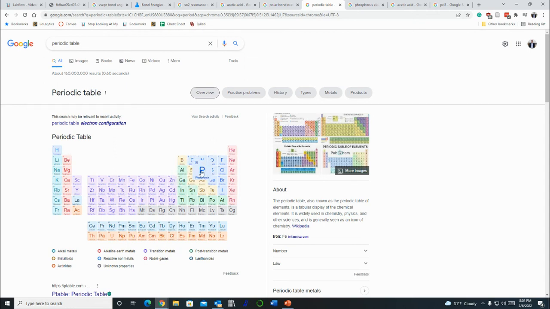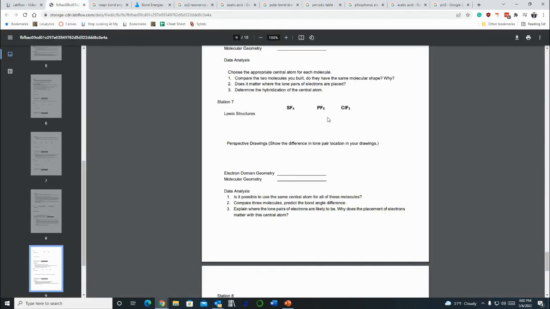Phosphorus has 5 valence electrons and it has an empty 3d orbital, so therefore it can make up to 5 bonds here. Sulfur, you're going to see later, can make up to 6 bonds. So keep in mind that that can occur. So here it is asking, is it possible to use the same central atom for all these molecules? So I want to point out that